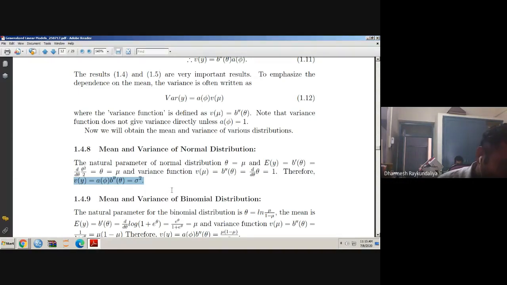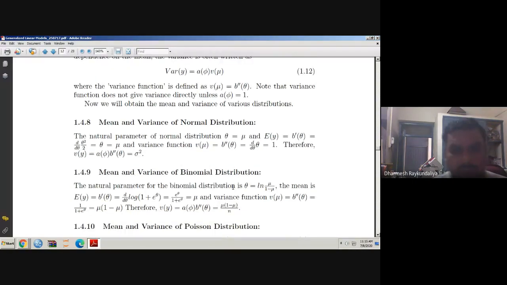Of course, where will phi be needed? Only in the variance; elsewhere there is no need for phi. We are only interested in theta for the rest of the part, but of course to calculate variance you require phi. So instead of remembering things, it is better to write the density and compare it, so that you will not make any mistake. Now, mean and variance of a binomial distribution.